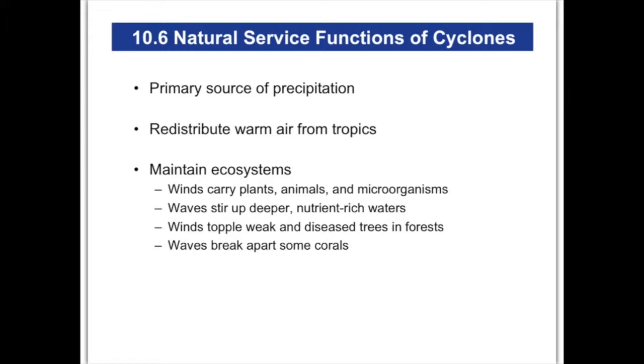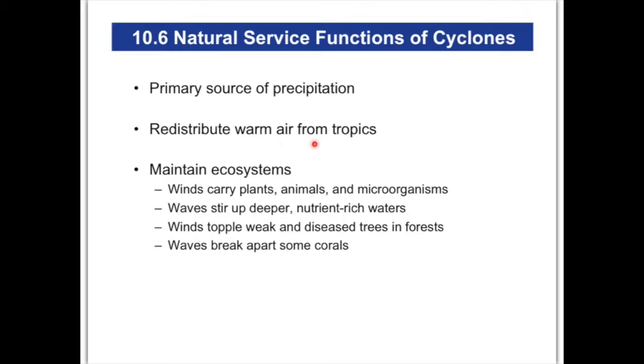One of which is, I guess, kind of obvious, but it's a big source of precipitation, especially for places inland that don't normally get precipitation. All right, if an average hurricane produces 1 trillion gallons of water a day, that's a good amount of water for places, especially that may not otherwise get very much water over the course of the year. So precipitation is a big thing.